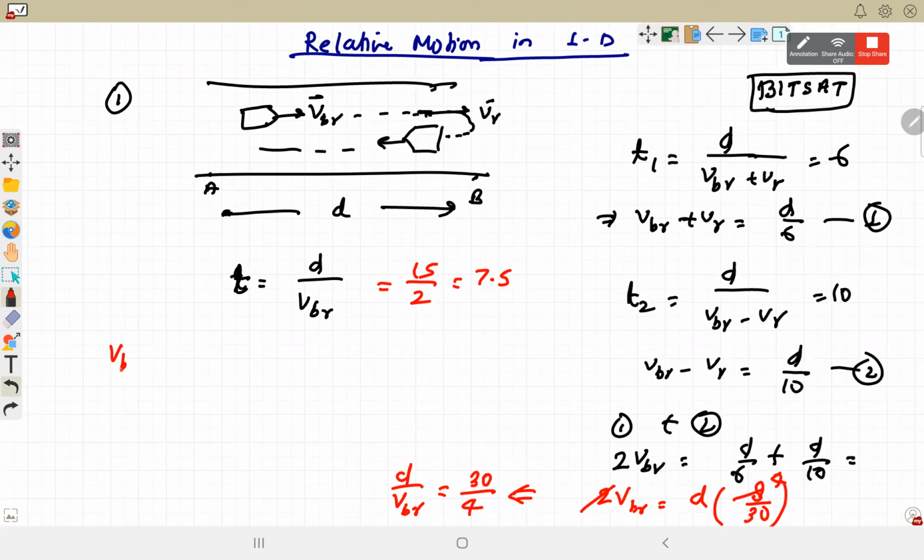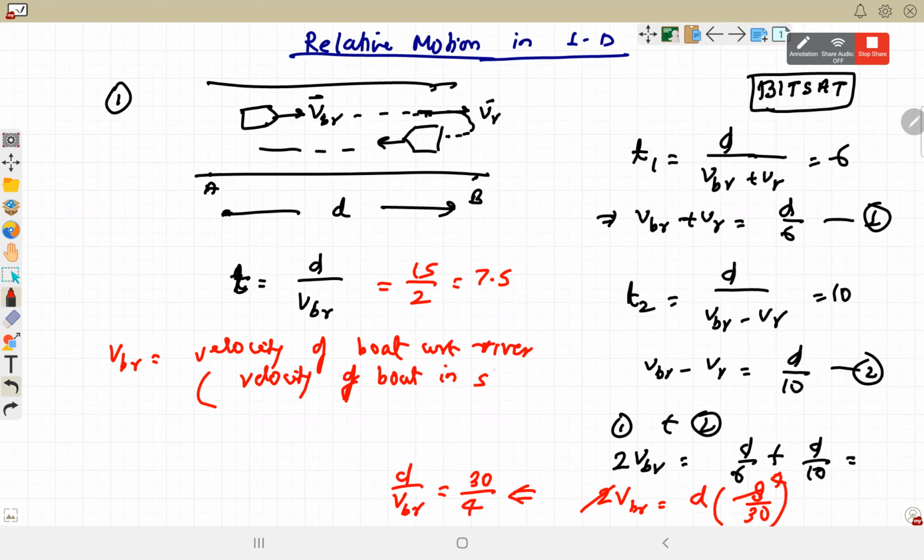Okay, yes, you were absent last class. vbr is the velocity of the boat with respect to the river. With respect to river means velocity of boat in still water. If the river is not moving, which is actually not the case, then it will not be called a river, it should be a pond or lake. So that means we are not in the frame of the ground. We are in the frame of the river, because the frame in which we go seems to be at rest. Right now we are in the frame of earth, and it seems to be at rest, but earth is actually not at rest, earth is moving.